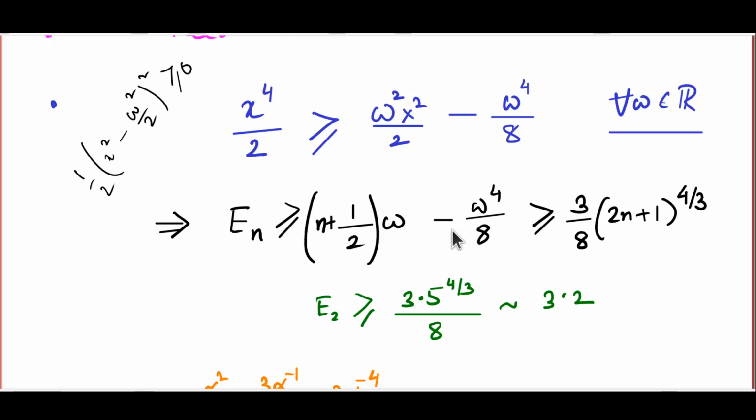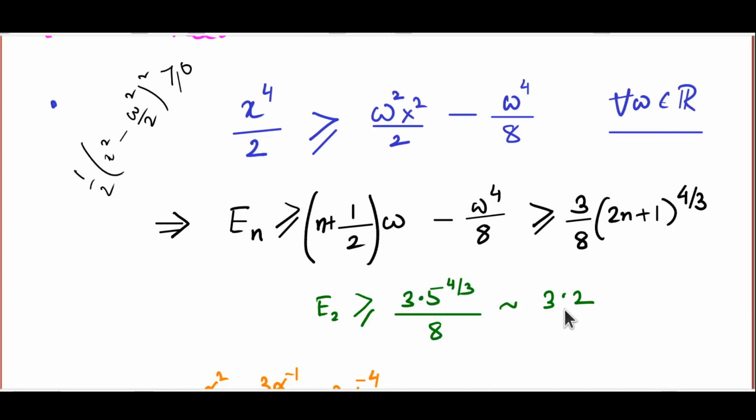And this is going to work no matter which omega you use. Which means even if you use the omega which maximizes this expression, you would still get En bigger than that. With a very straightforward calculation with elementary calculus, you will realize that the highest value this expression can take as omega varies over the entire real number line is 3 by 8 times n plus 1 to the power 4/3. This gives me a lower bound on each and every one of the energy levels En. In particular, for n equals 2, it gives me this bound, 3 times 5 to the 4/3 by 8,